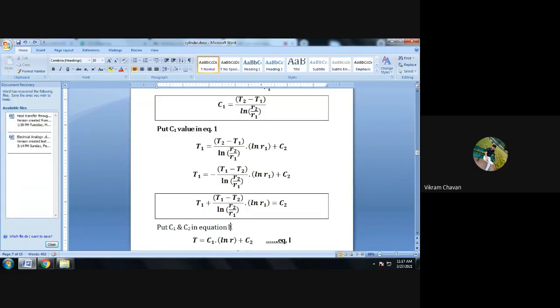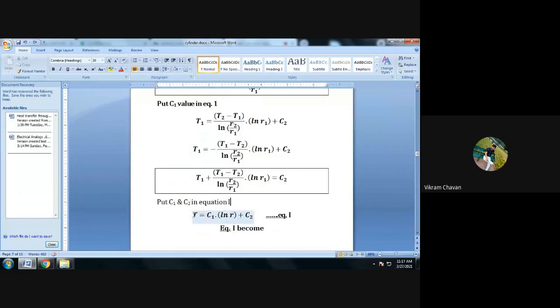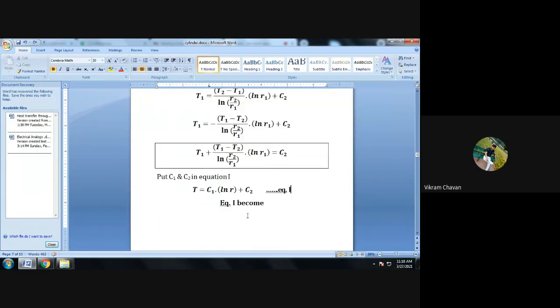We do this to determine the temperature distribution equation, or temperature profile. We require this equation, and for that reason we have to put the C1 and C2 constants in equation Roman 1. Equation Roman 1 is our general equation: T is equal to C1 multiplied by ln of R plus C2. Now after putting the C1 and C2 values in equation 1, it becomes,